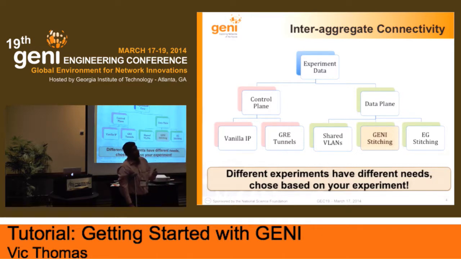It's a fairly complicated process. There are lots of switches where the software has to go and set up VLANs. It takes time. It can take as much as 30 minutes to connect two aggregates. And resources are limited. There are only a certain number of VLANs that a campus might make available to GENI. So if other people are using it, and there's only one way out from that campus to Internet2, it could fail. But that's one way to do it, and that's the focus of the tutorial